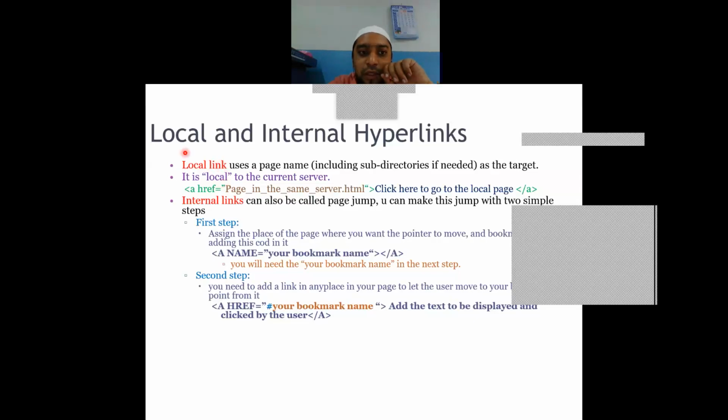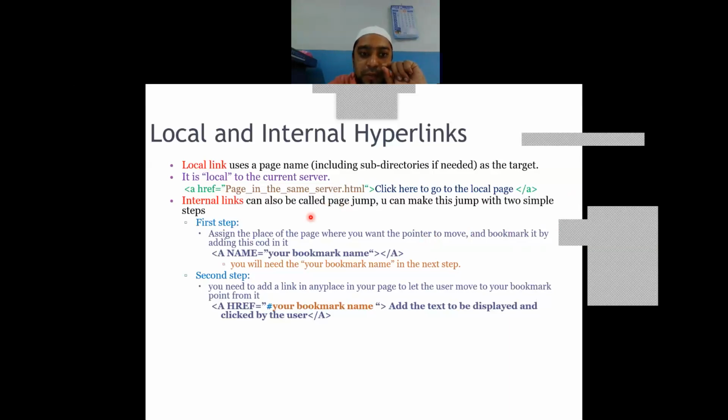Then I have to give an internal name or label to this particular text. If I give a particular variable name or a tag to it, then if I click on links, it will go there. So first step is to assign a place of the page where you want to move the pointer.